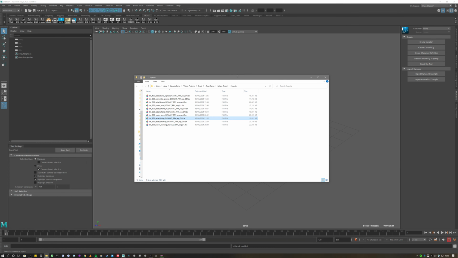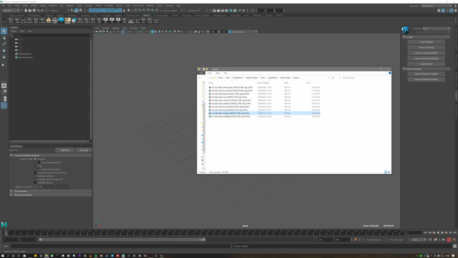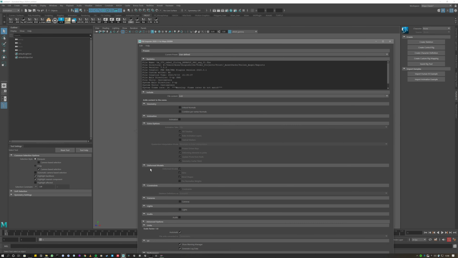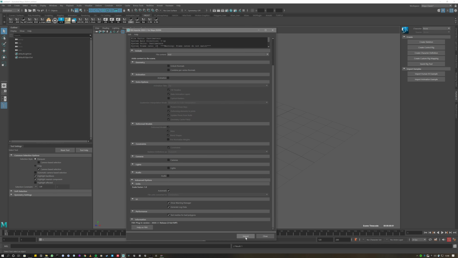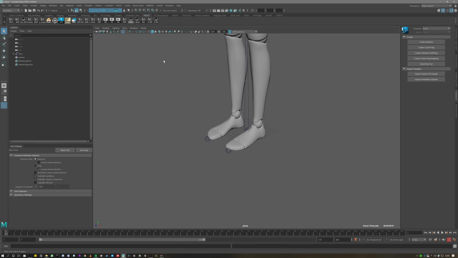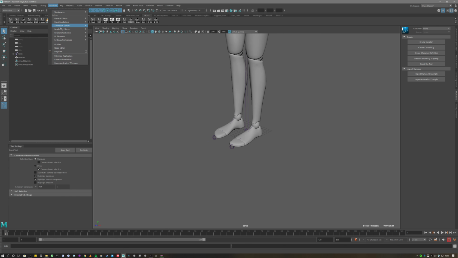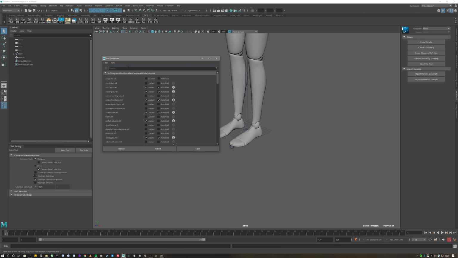Why not? So I'm going to import this in. To import it into Maya, you just drag and drop like that. And this window will normally pop up and hit import. If it turns around and says that it's not a recognized file type, you might need to go to Windows, Settings and Preferences, Plugin Manager, and then just type FBX